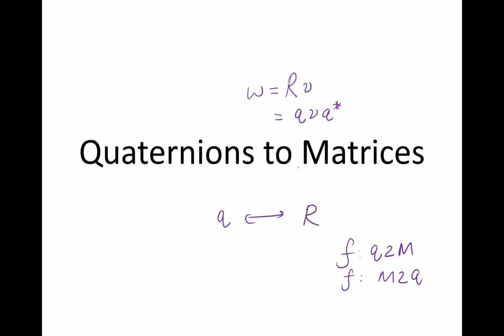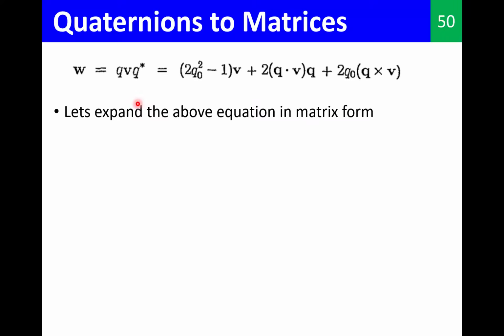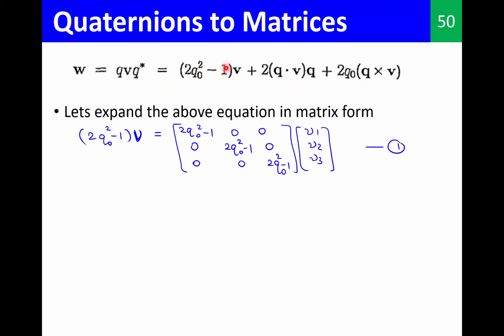We have a look at that back and forth, and then I think we'll be done for this lecture. So this is the product that we have for the triple product to get a rotated vector, and I told you the general formula for that. Okay, so if I expand these three terms one by one, first guy, this one,